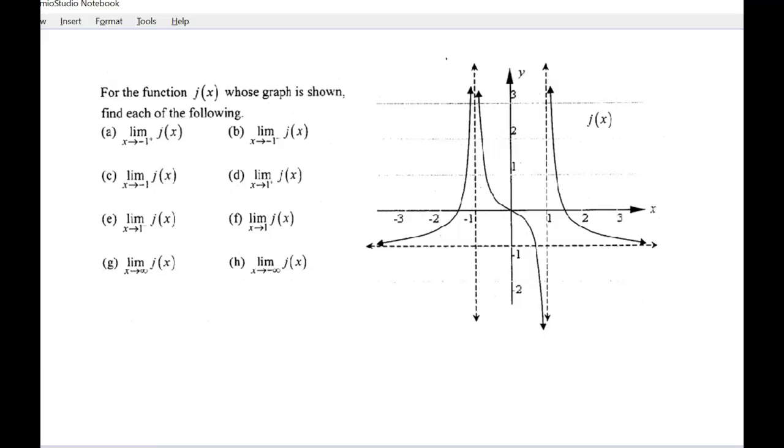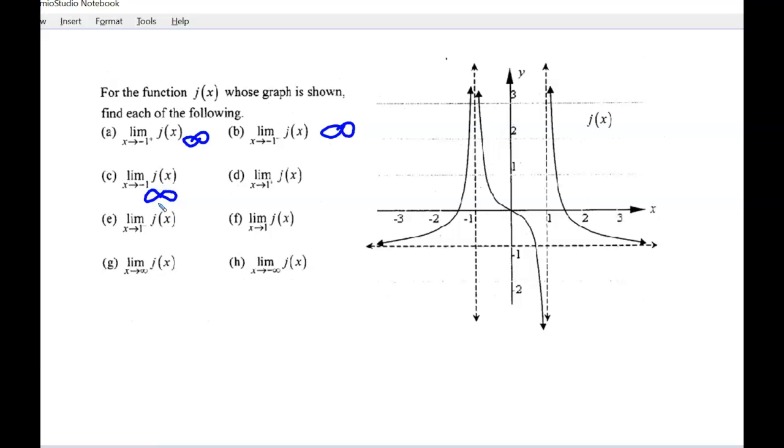Okay, let's do this one together. So we have the graph j of x, and the graph is shown. The limit as x approaches -1 from the positive side is infinity. As x approaches -1 from the negative side, it's infinity. So our textbooks will say that the limit as x approaches -1 is infinity because they're both going to positive